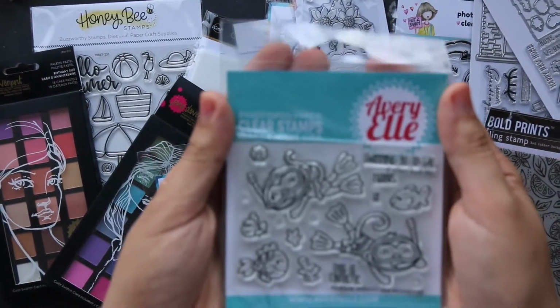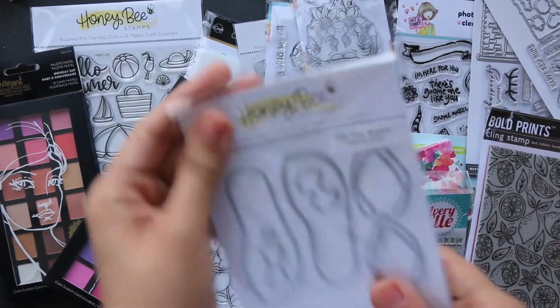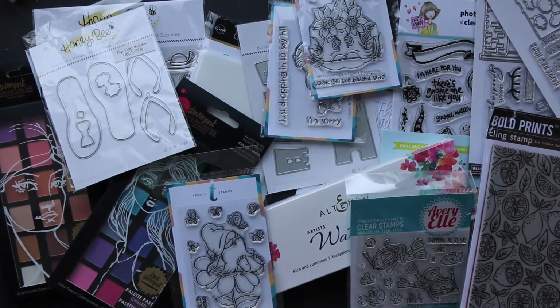And this is from Every Yale, called Monkey See Monkey Do. So cute. And not the last thing, this one, Flip Flop Builder. And the last thing, I bought